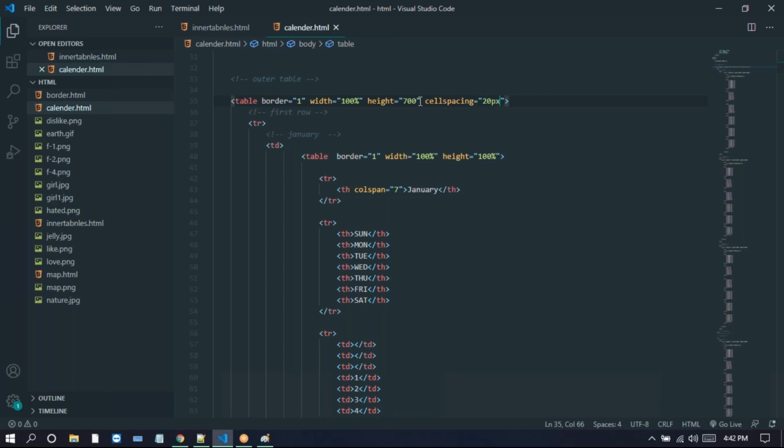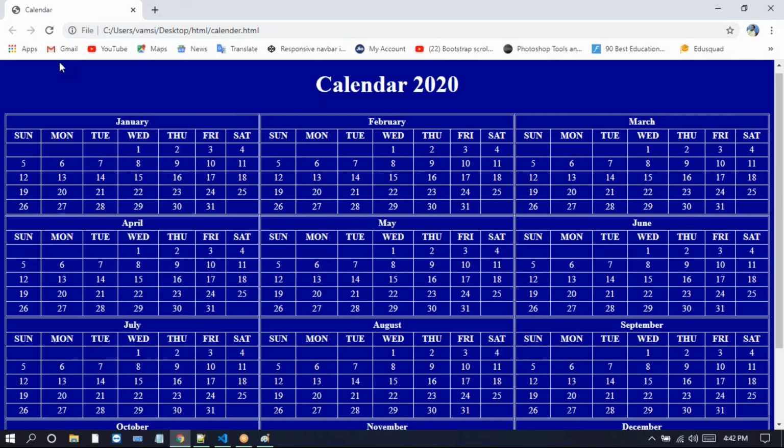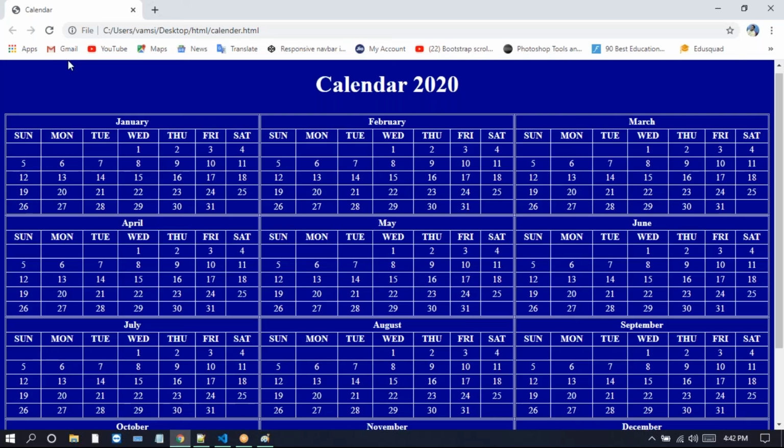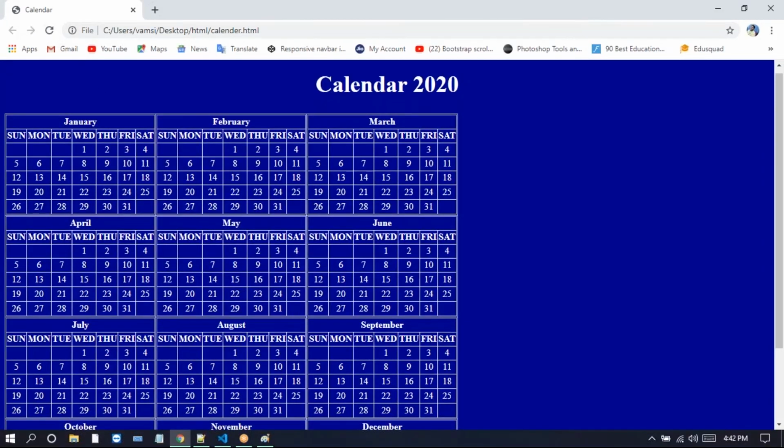Now you can refresh this one on this browser. So just refresh this one. It will change this, right? Just reduce this width here. So if you want to move this one, just open this inspect tool.